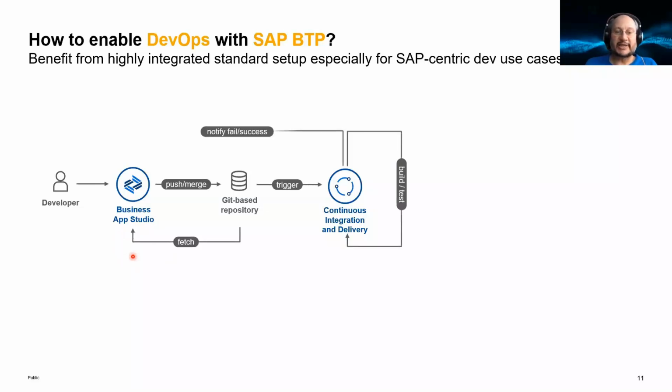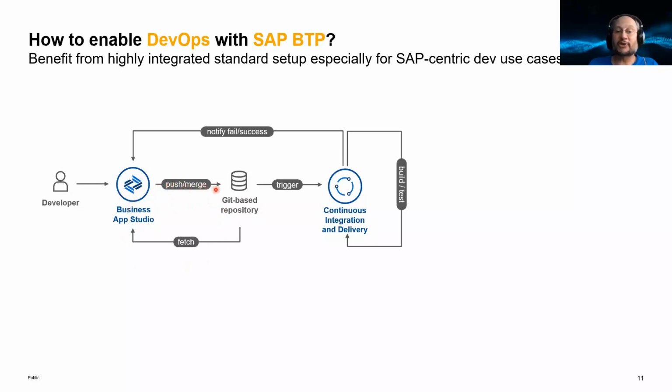They are working against a central source code repository, Git-based, so GitHub, Bitbucket, Azure repositories, whatever. There you are storing centrally the source code of your development. The developers are fetching this source code for their current task, working on it, changing it, adding new artifacts, and then they are pushing these changes to the central source code repository, to the Git repo, and then this triggers